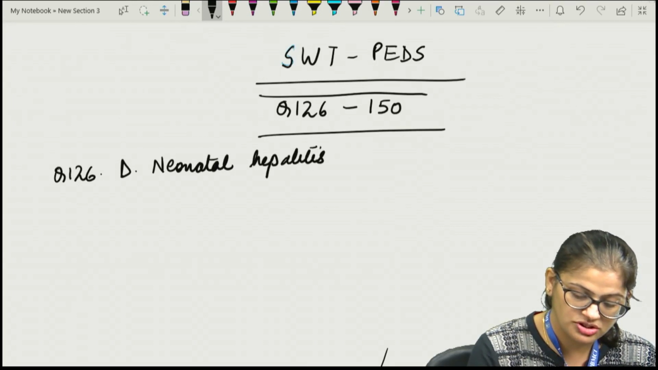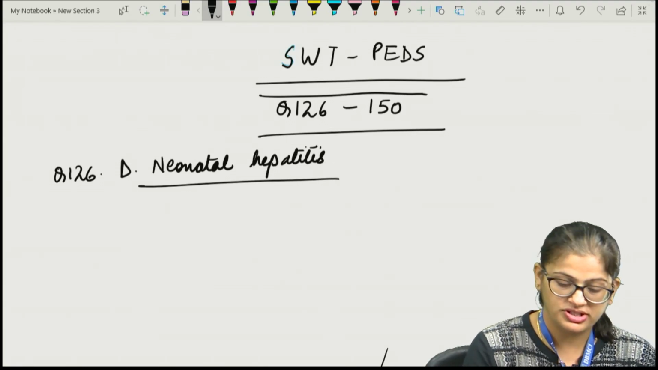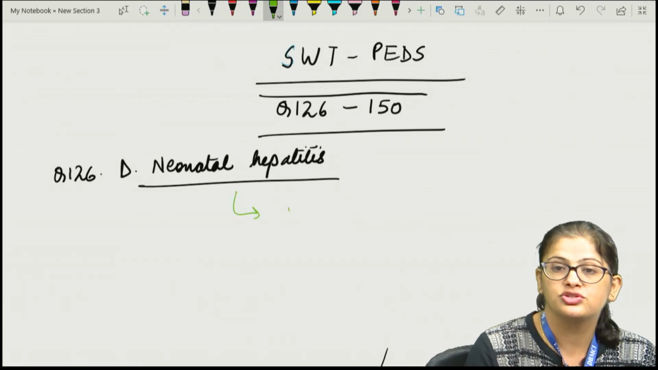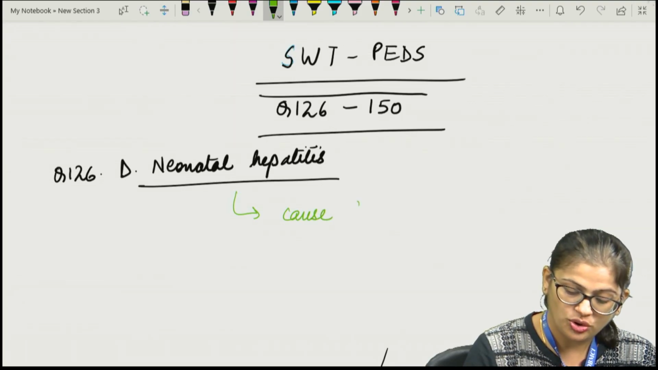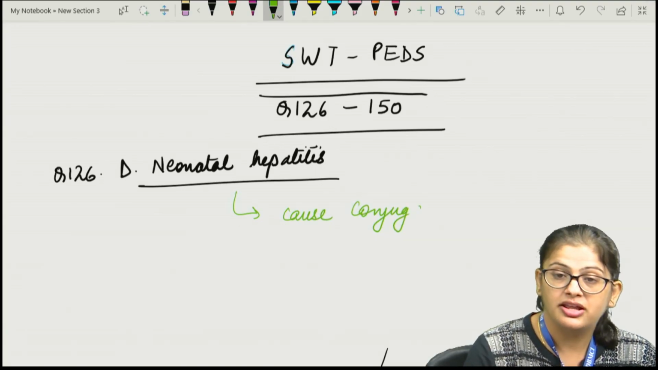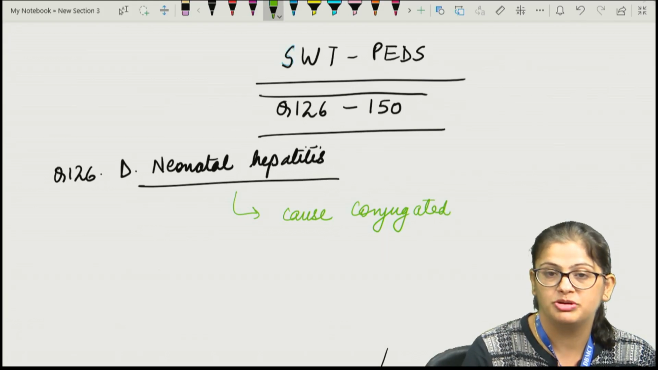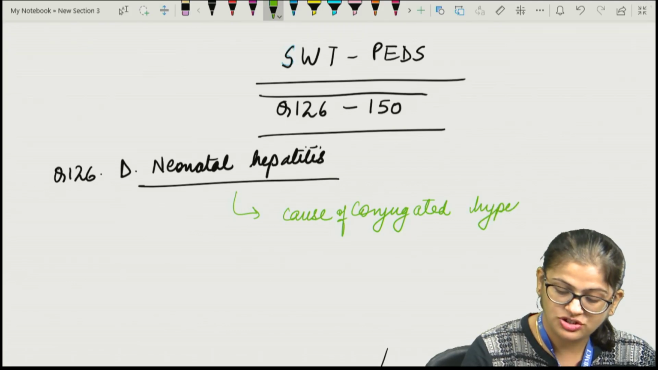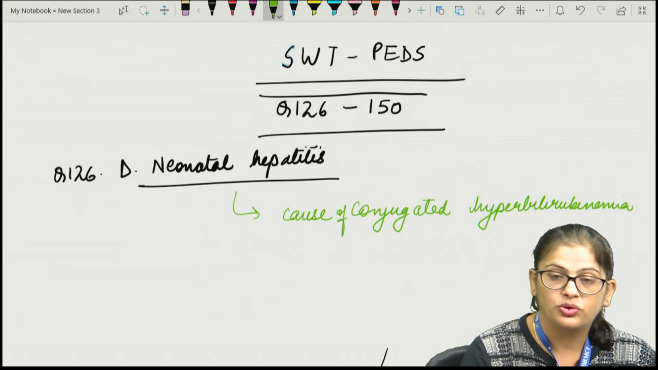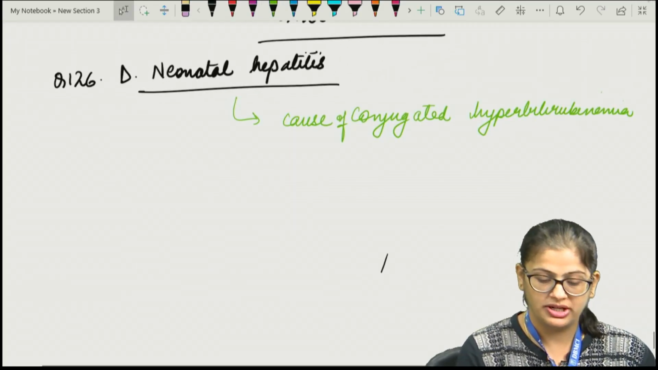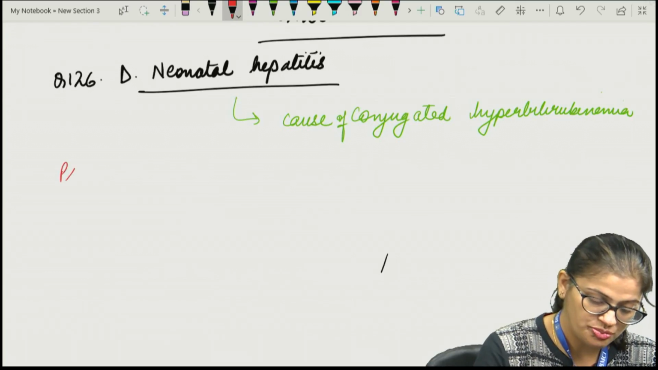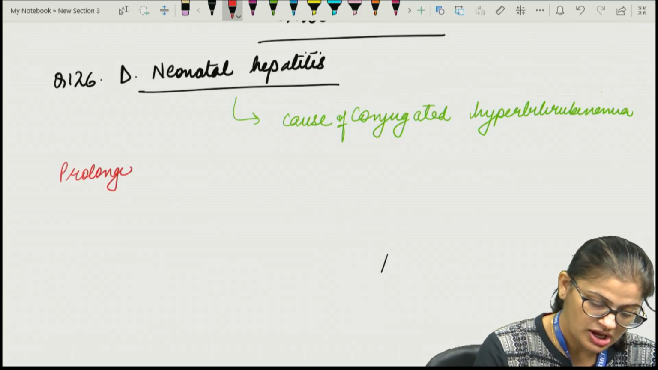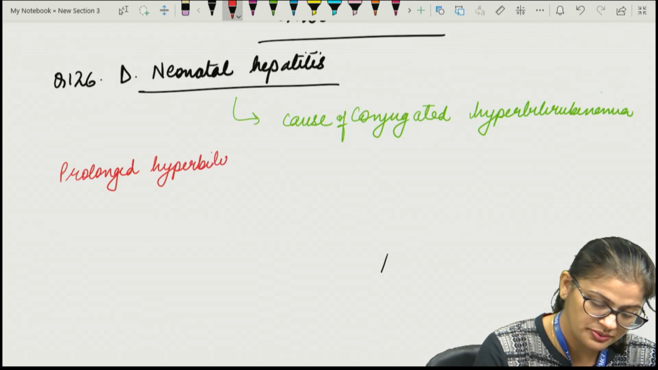Well, the correct answer to this question is neonatal hepatitis. Why? Because neonatal hepatitis is a cause of conjugated hyperbilirubinemia, and here they were talking about unconjugated hyperbilirubinemia. And the rest of the options that were given to you in this question were actually causes of prolonged unconjugated hyperbilirubinemia. So prolonged unconjugated hyperbilirubinemia may result due to